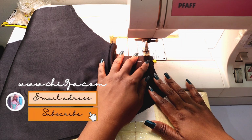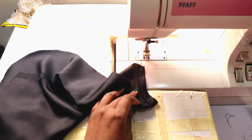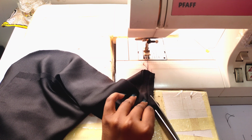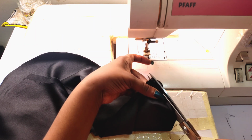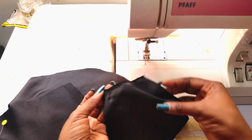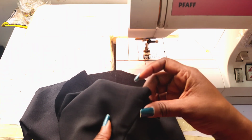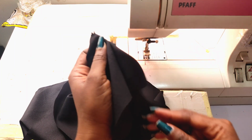Okay, all right, let's start. So now that I have sewn the seam, I will trim it down to less than a 1/4 inch because that's what I'm going to be sewing up. Okay, let's see how small it is now. Then we will now turn it over and encase the seam by sewing a 1/4 inch